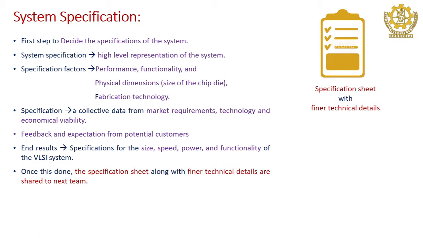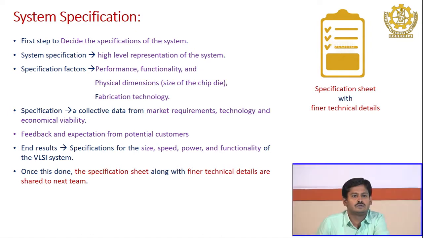So, in hardware the factors mostly considered for deciding the specification of the systems are performance, functionality and area. So, it is always highly important for us what hardware we are going to use, how it performs on a real time basis. So, speed of the hardware always matters. So, depending upon that we also have to understand what is the functionality of the hardware, that means which functionality is preferable for a consumer for his application.